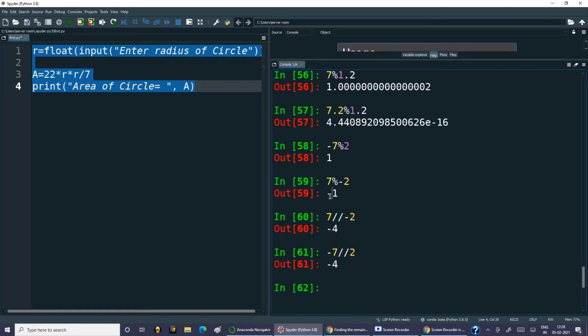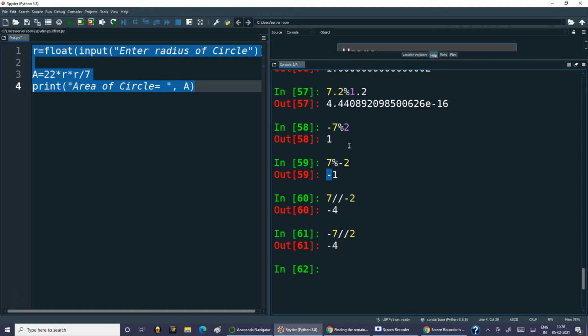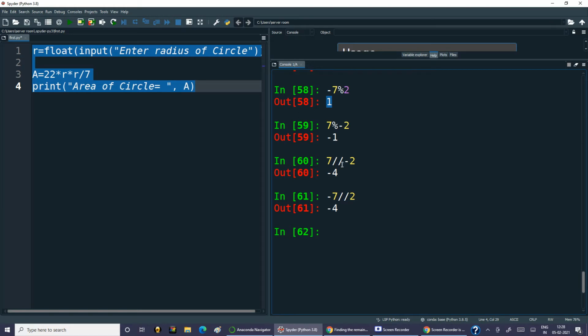So it is having divisor sign minus 1. It is having divisor sign plus 1. So in this way, you can use the modulus operator and the other arithmetic operators. Similarly, for comparison, you can use greater than equals to, less than equals to, double equal, that means comparison. So you will get, say, x equals to 9, so this is true. So when we perform a comparison, finally the output is either true or false.